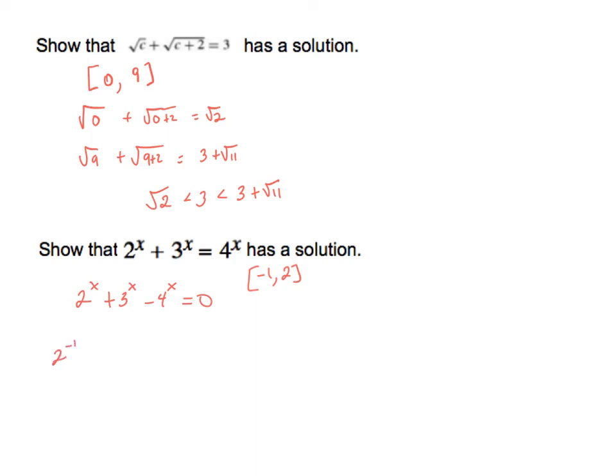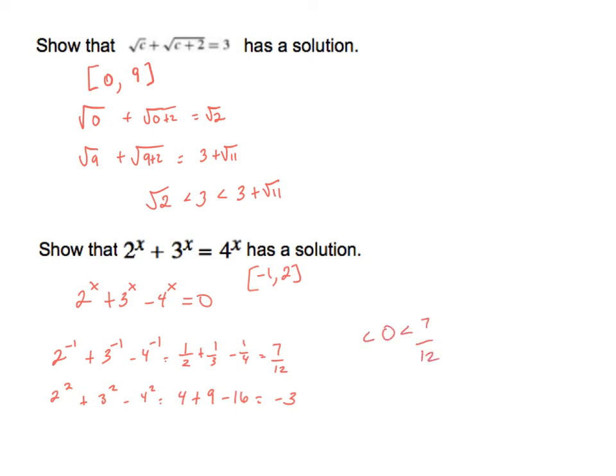So 2 to the negative first plus 3 to the negative first minus 4 to the negative first is equal to a half plus a third minus a fourth, which comes out to be 7/12. So 7/12 is larger than 0. Now the other solution, 2 squared plus 3 squared minus 4 squared, 4 plus 9 minus 16, is smaller than 0, which is what we needed. So 0 falls between